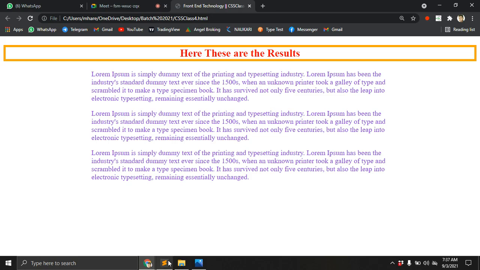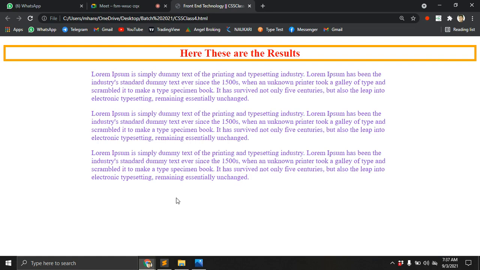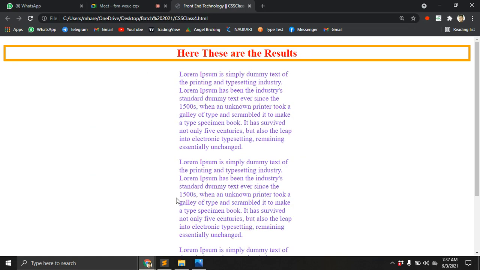What is the difference here? I want to give padding also. Let's see if there is any difference. Here I am giving padding-left 200 pixels and padding-right 200 pixels, and the margin the same. Let's save, open the browser, refresh. There are some changes here.